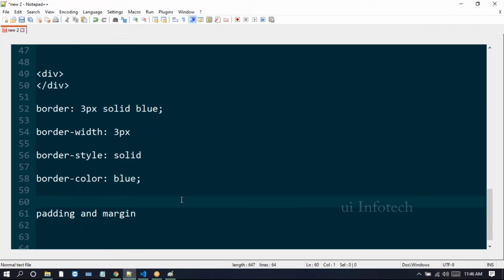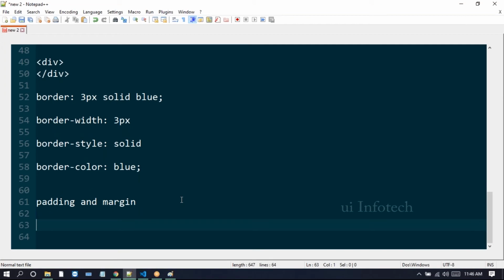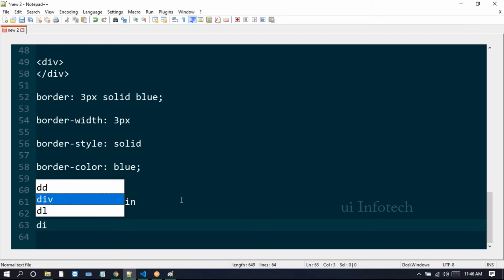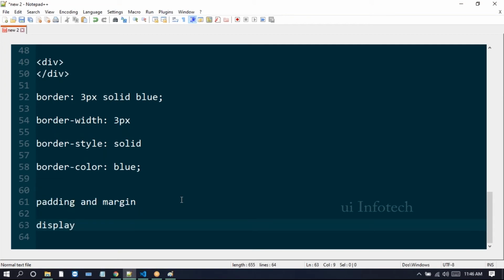So here I'm just opening Notepad++. Here we use the display properties.